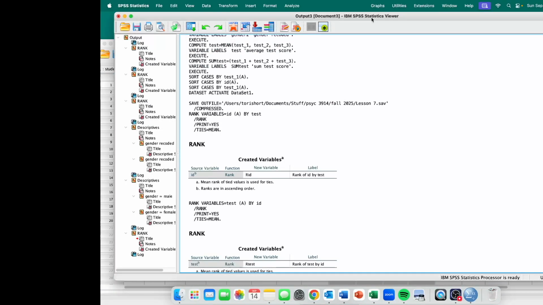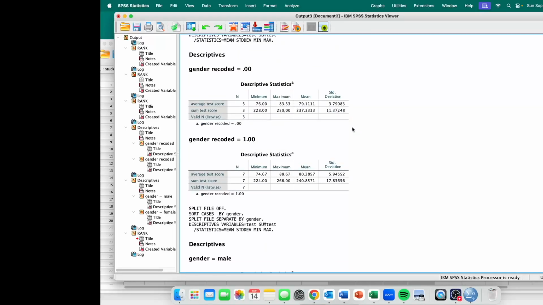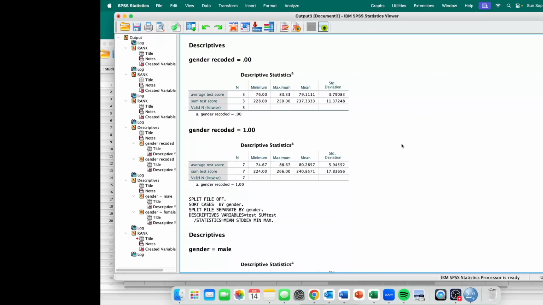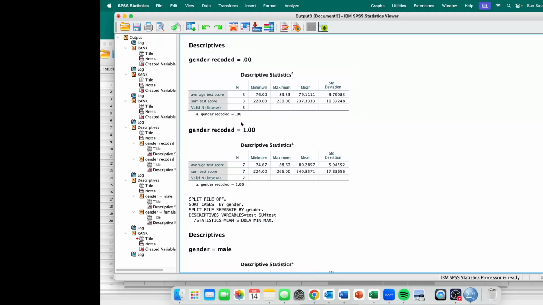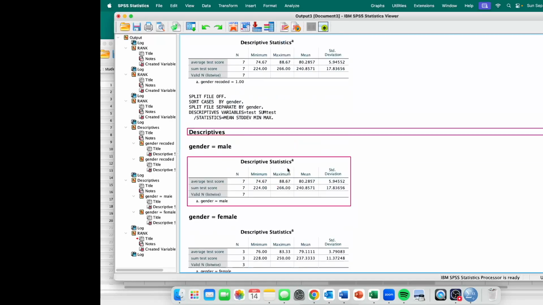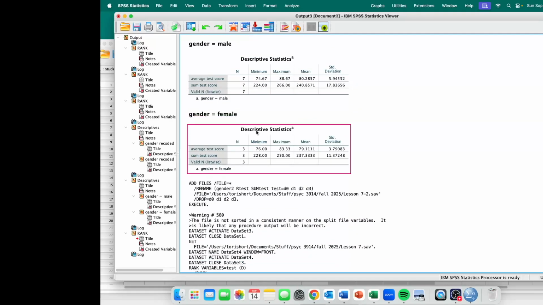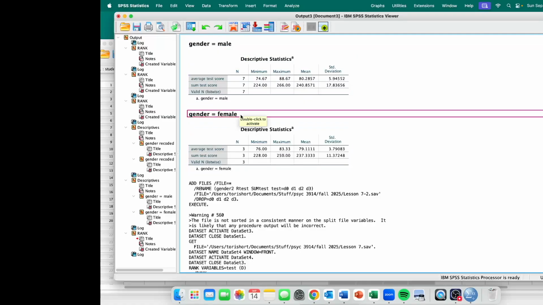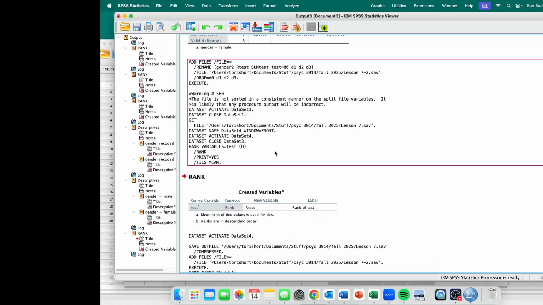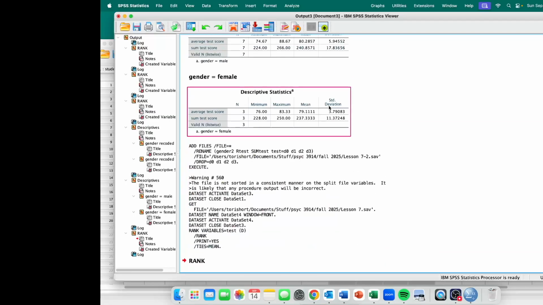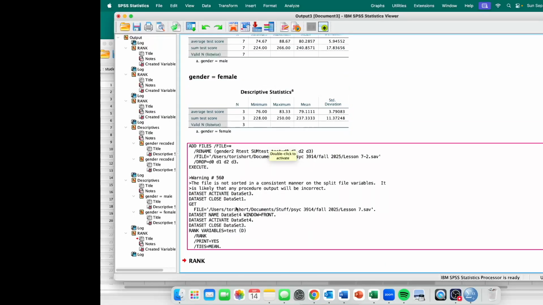And finally, the last thing you're going to submit is your output file from the entire assignment. Here I'll be able to verify that you did the split file and you had output. So these are just minor descriptive analyses, which I showed you how to run, that are broken up by the variable that we split the file by, gender. So we have a grouping variable that split our output. And I'll also be able to see rank,